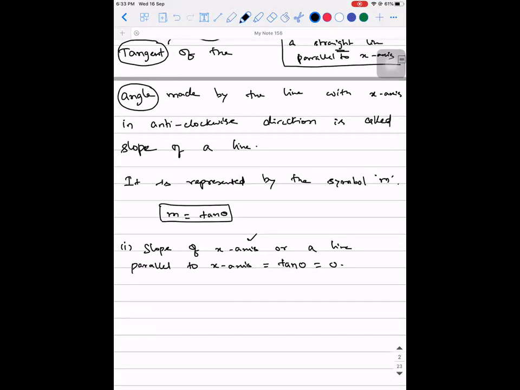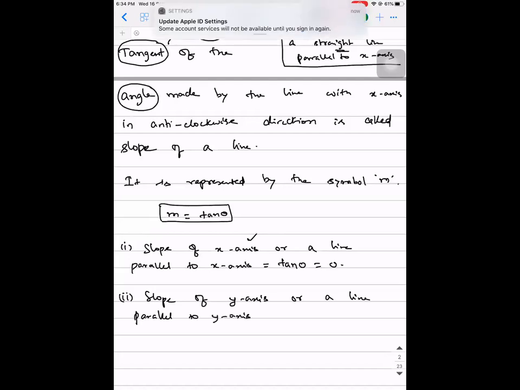So remember this point, okay? I'll not tell again and again. Slope of the x-axis, or any line which is parallel to the x-axis, will have 0 slope. Okay? Similarly, slope of the y-axis or a line